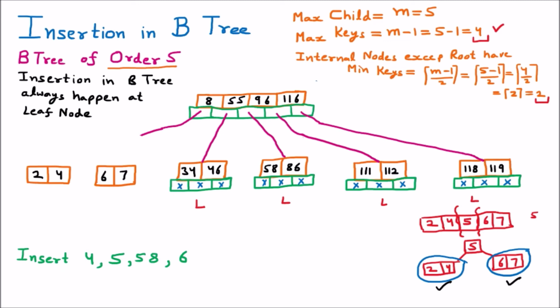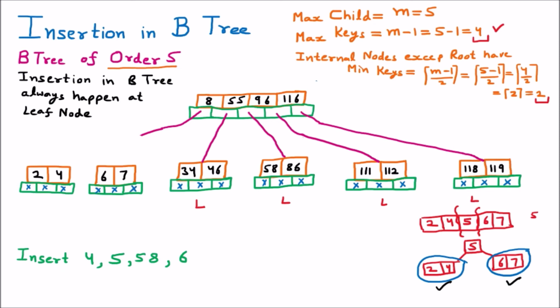So these are the keys, and keys also have the children. So here we are having the provision of the children. We are having the two keys here, so 3 children will come. Similarly, in the next node we are having 2 keys, so 3 children will come. Right now there are no further children available, that's why we are putting the cross. Cross represents null. Null means there are no further children available.